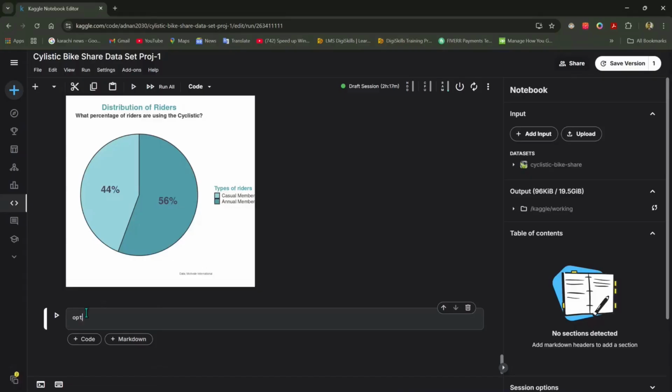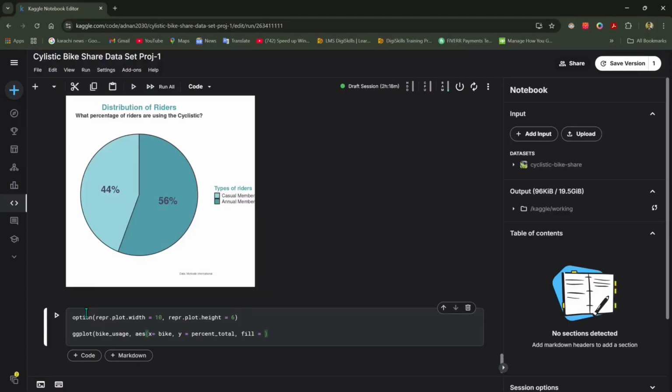And I'm going to write the code. options(repr.plot.width = 10, repr.plot.height = ...). ggplot(bike_usage, aes(x = bike, y = percent_total, fill = percent_total)) +